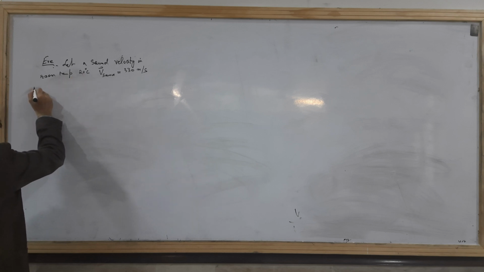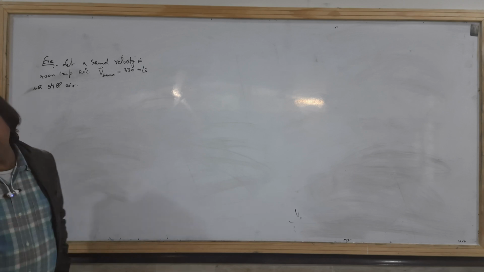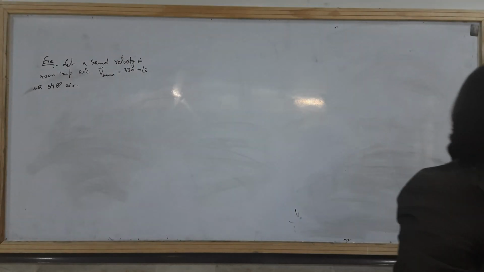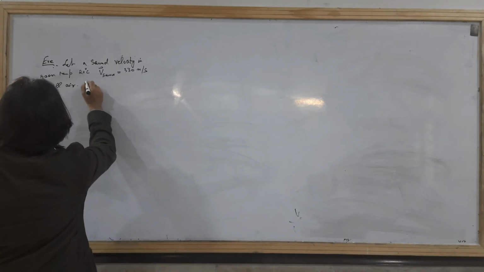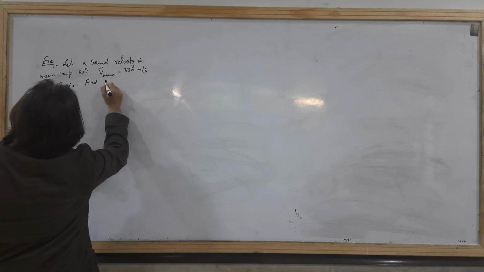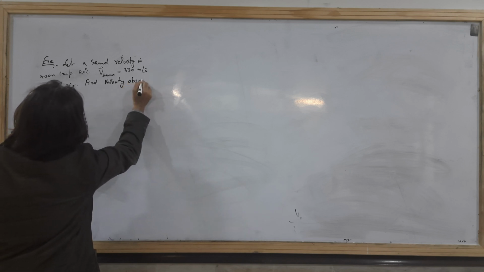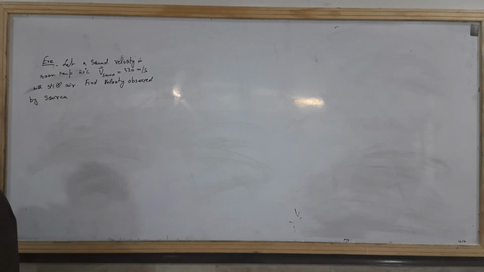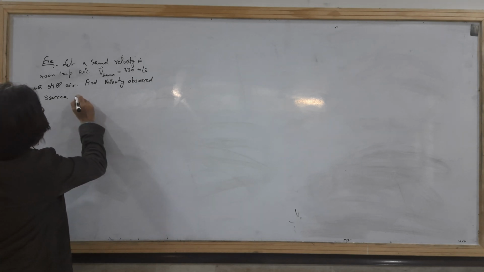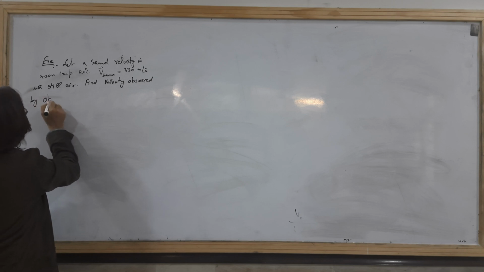Let a sound wave travel in still air. Here it is not much, because if the velocity of air changes, then the velocity will change, as you will know. Find the velocity observed by the source. Find the velocity observed by the observer